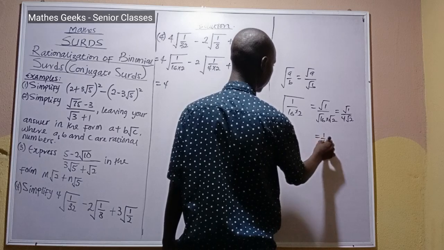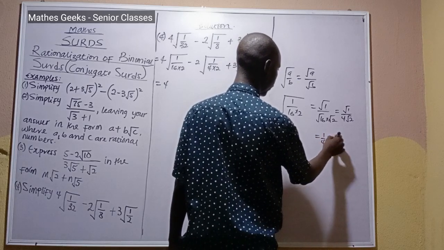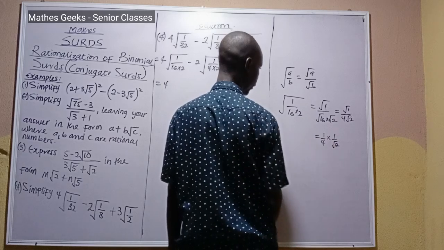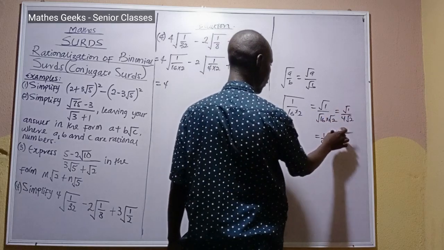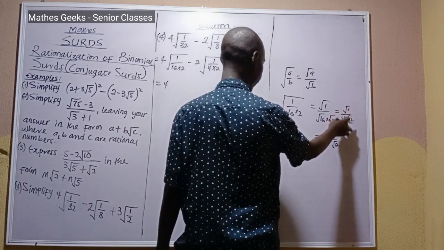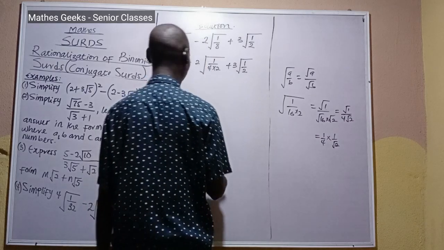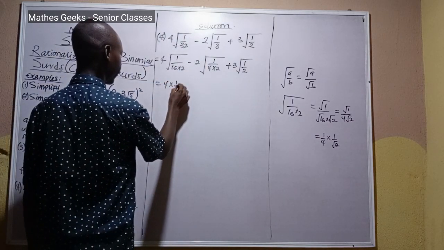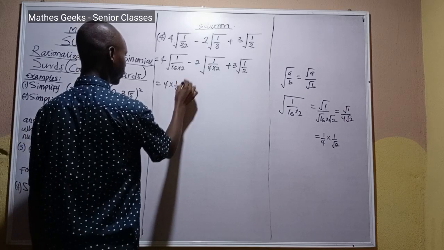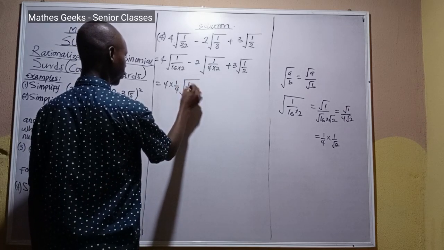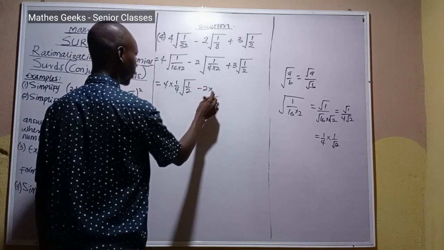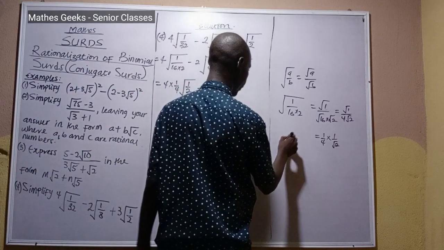1 over 4. 1 over 4 times 1 over root 2. So that's what implies, because the square root of 1 is 1. And then this is 1 over 4 root 2. So it will give us 4 times 1 over 4 root 2 minus 2 times, same thing here,